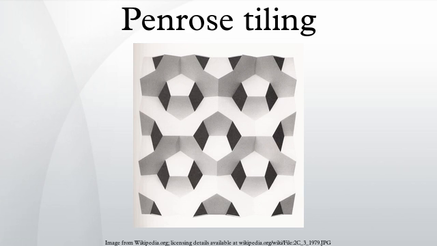The matching rules force a particular substitution. The two AL tiles in an IAL tile must form a kite, thus a kite decomposes into two kites and two half darts, and a dart decomposes into a kite and two half darts. Enlarged IB tiles decompose into B tiles in a similar way.